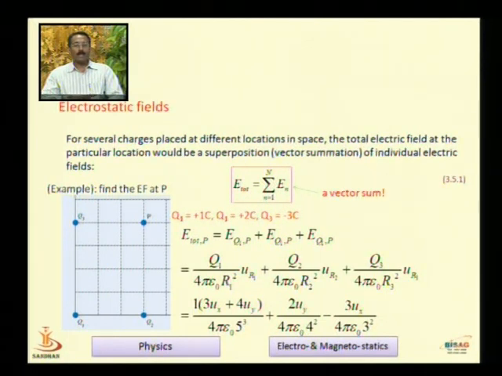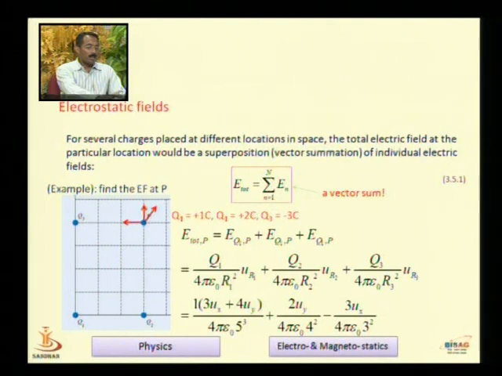Now you can see here this sum is a vector summation, and these are the directions of the electric field. You can see that one is along the y-axis. It is the electric field produced due to charge Q2. Then another one is the horizontal component, you can easily see this. So that is because of charge Q3.